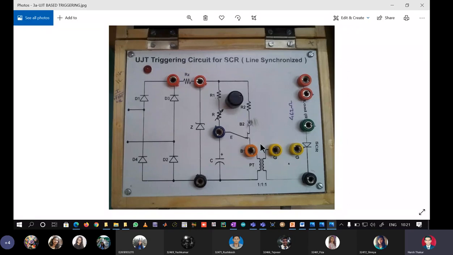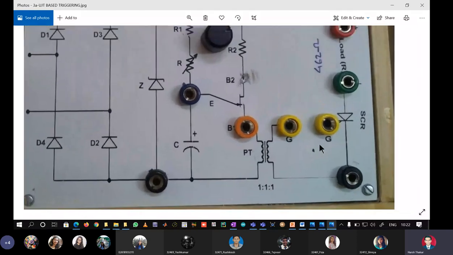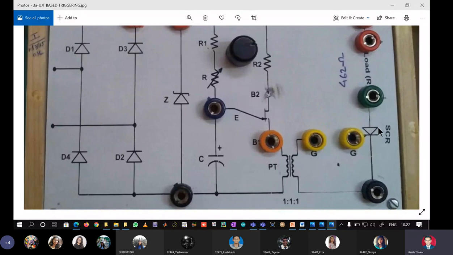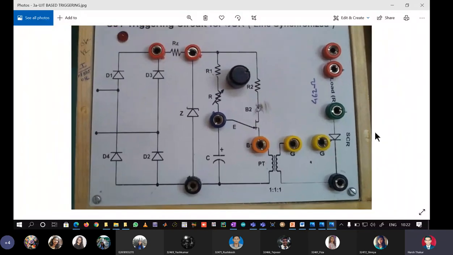These firing pulses, now you see here, the left half comprising the bridge rectifier, clamper, and UJT forms the control circuit, and here you are seeing the SCR. I'll zoom it. We are seeing the SCR here. So SCR is a power device, so the presence of SCR indicates that that is a power circuit. And as we told, the control circuit's output, that is the firing pulses, should never be given directly to the control terminal of a power device, because power device indicates the high power side of a PE system, while the control circuit represents the low power side. So there always should be isolation.